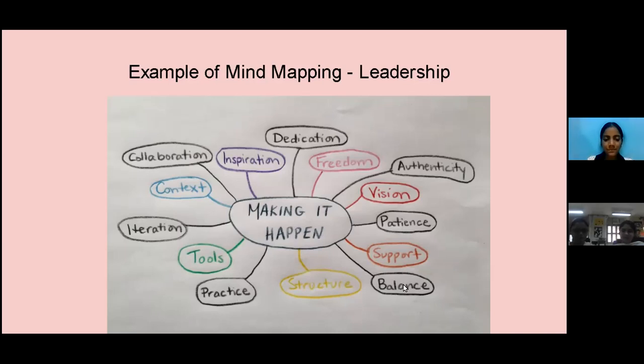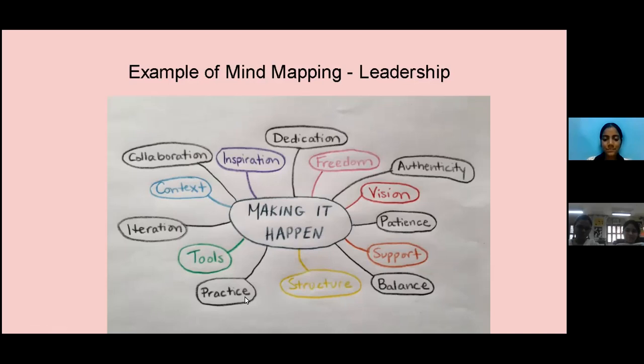Yes. So here, if you see, there are different points written over here. The most important thing a leader should have is a vision. That is the very first quality a leader should have, because without a vision nothing is possible. Even at home, if you are facing a problem, or you want to give a solution, you should have a proper vision of what you require to do. That vision should be there in front of you. Then only all the other things associated with it will happen. Without this vision, nothing will happen.